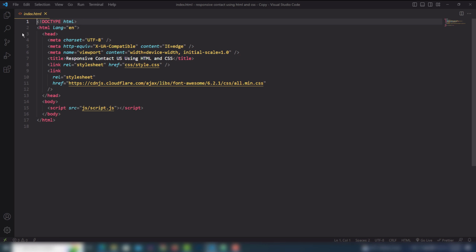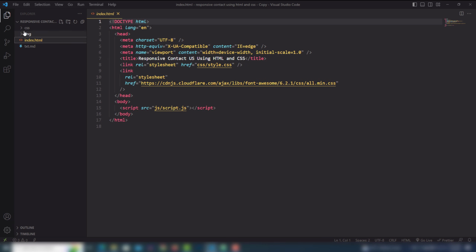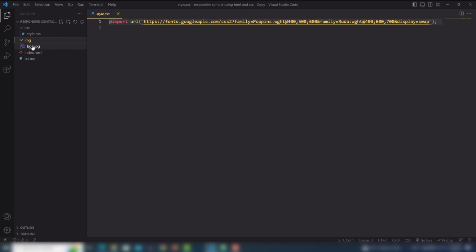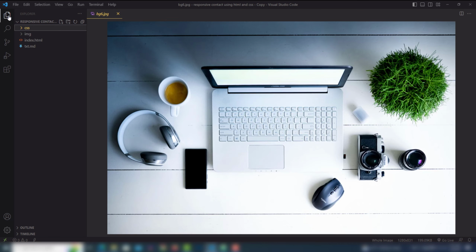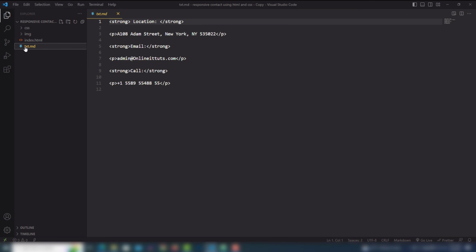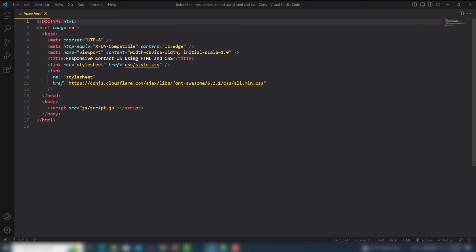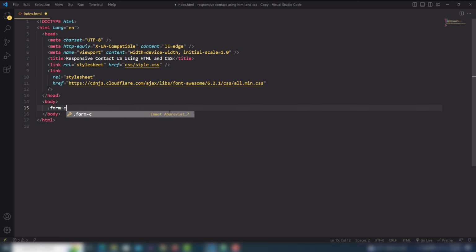I open my code editor. Inside that I have style.css and I have an image. We will use that as a background inside our page, and those are content, we will use it inside that. So without further ado, let's get started with the code. This is optional, I don't need that. And write the form container